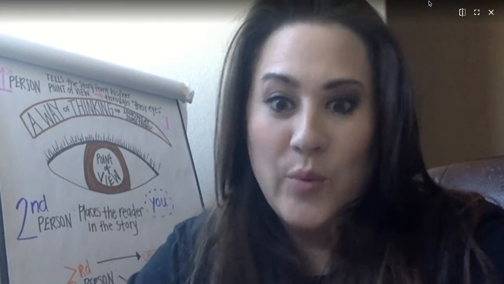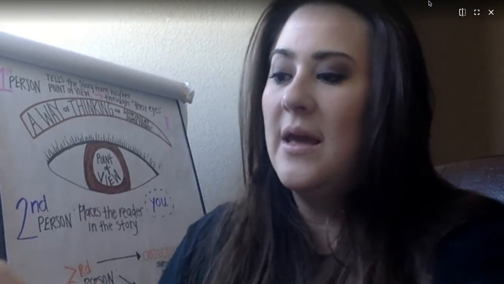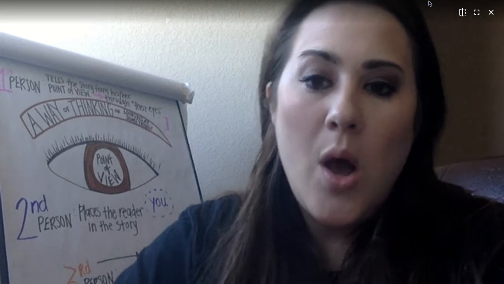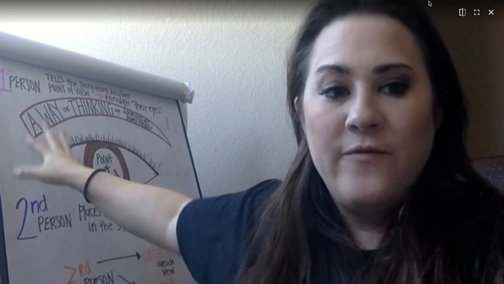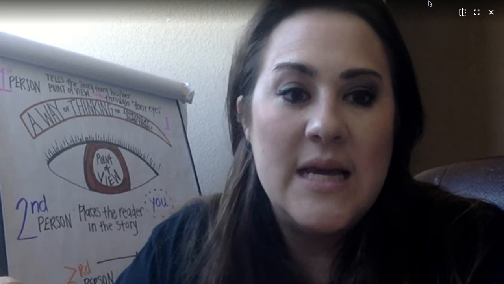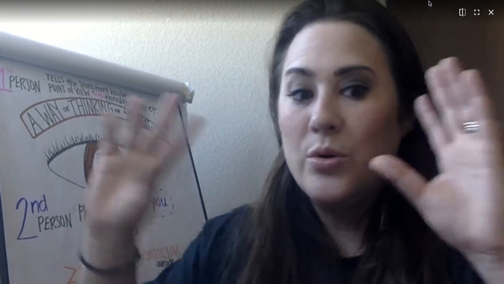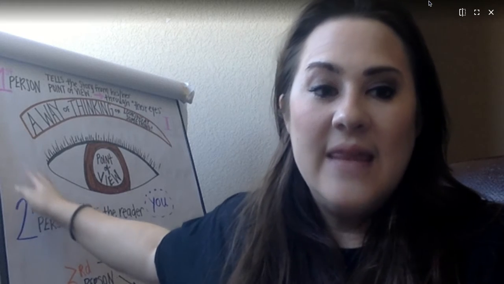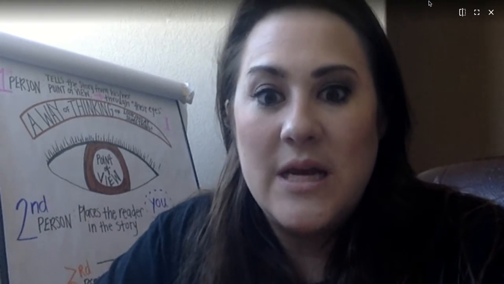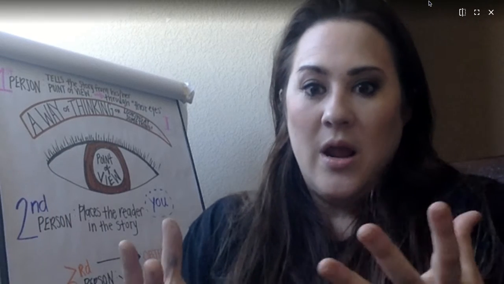Alrighty, so for reading, we are going to analyze point of view, and you can find that on page 564 of your literacy book. Now, we already know that first person is when the storyteller is telling the story from his or her point of view. So it's through their eyes. And they are going to use words such as I, we, us, as though they are part of everything